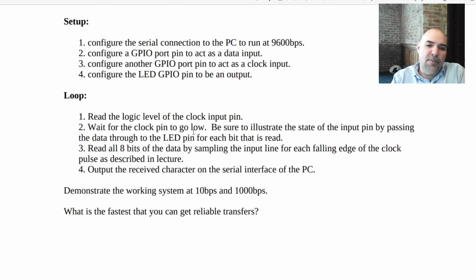You're going to wait for the clock pin to go low, and then you're going to wait again for the clock to go back high. When it does, you're going to read all 8 bits by waiting for, actually this should probably say rising edge there. I'll fix that. So you'll sample a line on the rising edge, set it on the falling edge, and then